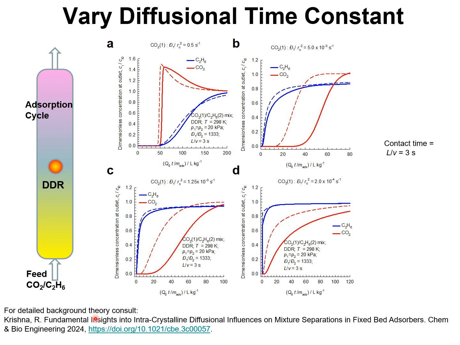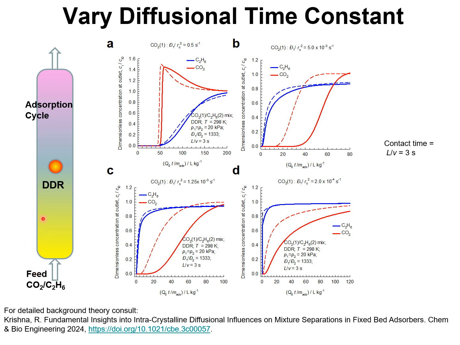I consider separation of an equimolar mixture of CO2 and C2H6 entering a fixed bed adsorber at a temperature of 298 Kelvin. The partial pressures of CO2 and C2H6 are both 20 kilopascals, and I simulate the breakthroughs